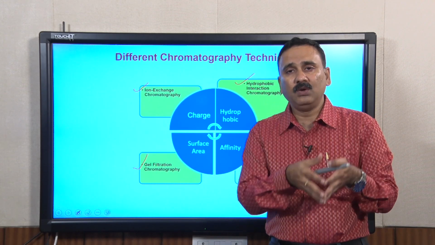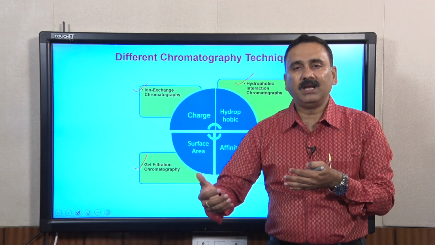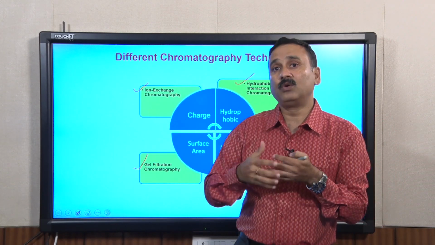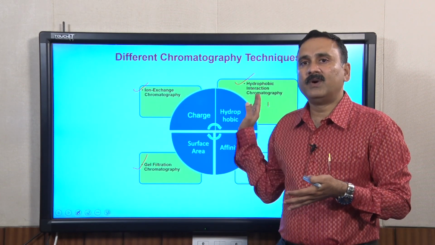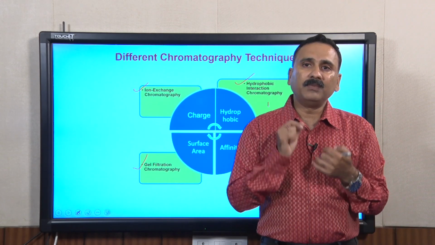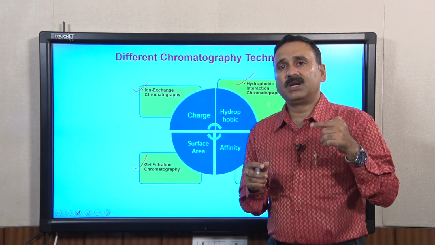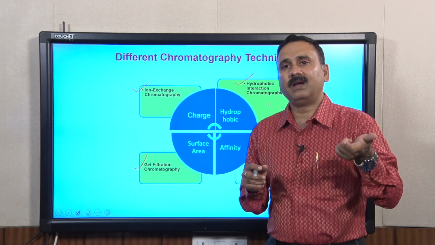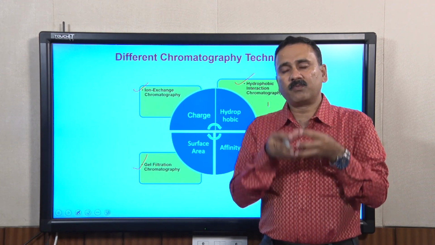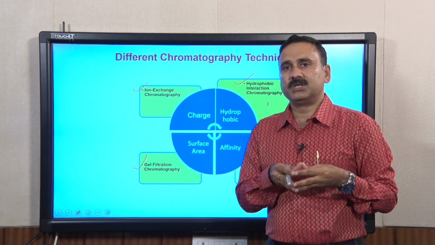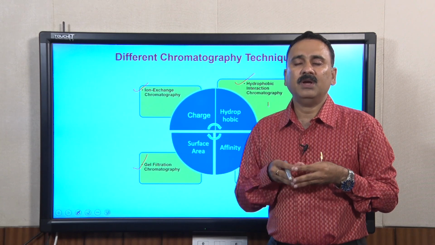So, the fraction which you elute from the ion exchange chromatography already contains salt. This means you can directly load those fractions into the hydrophobic interaction chromatography without going through a process of dialysis or desalting. And the sample which you are going to get from the hydrophobic interaction chromatography is going to be of low salt, because if you remember, the elution condition for the hydrophobic interaction chromatography is that we are decreasing the salt. So, the fraction which contains your protein is going to have low salt conditions, and then you can directly load those proteins onto the gel filtration column